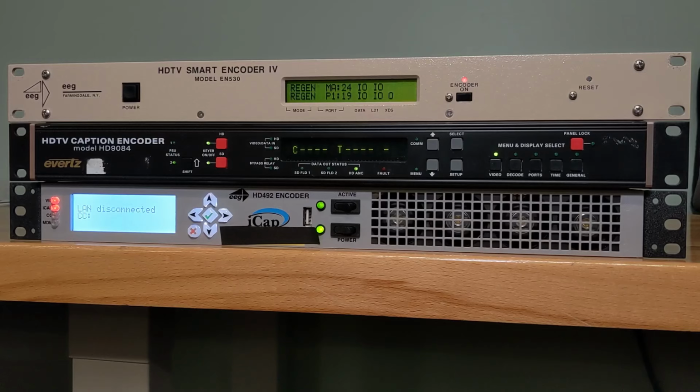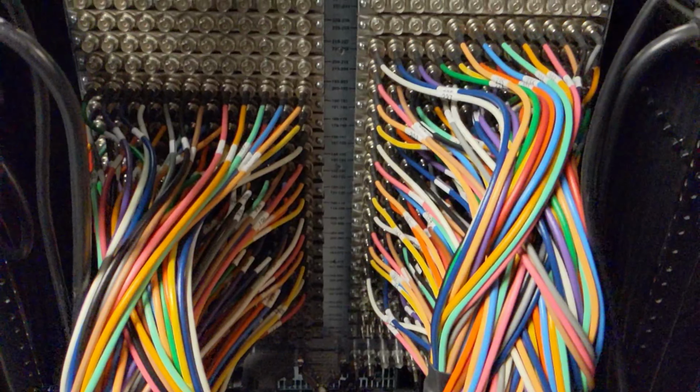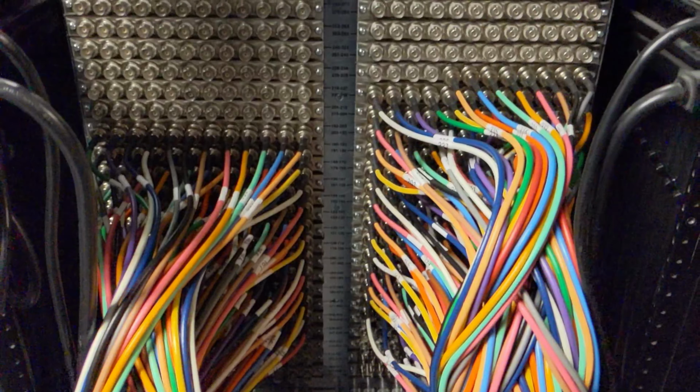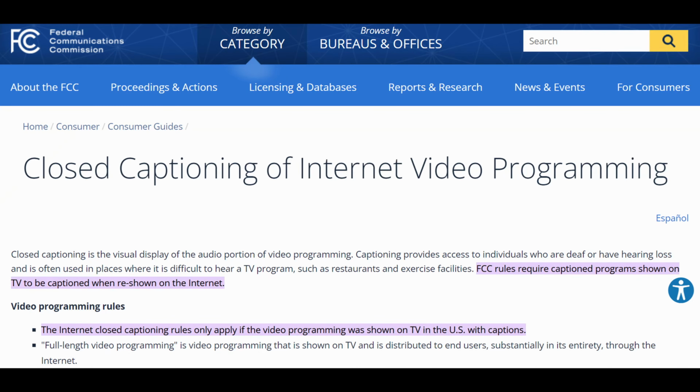So the question remains, who would actually use this tool? Well, it would most likely only ever be used by broadcasters, or those who are working with SDI video which already needs to be captioned to meet regulatory accessibility requirements. For example, in the United States, the FCC requires any content aired on broadcast TV with closed captioning to also be presented on the internet with captioning as well. This OBS tool makes it easy for a broadcaster to simulcast their signal over the air and internet while maintaining this accessibility requirement.